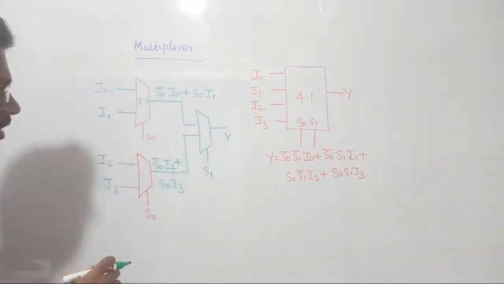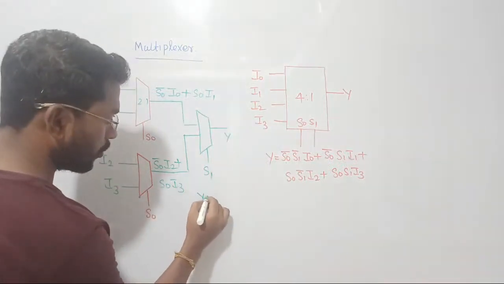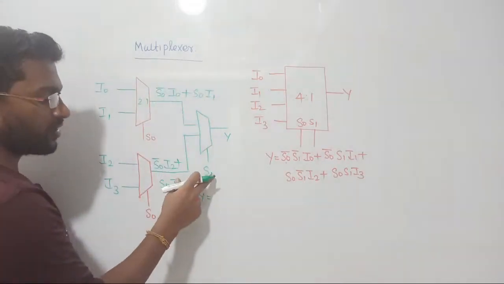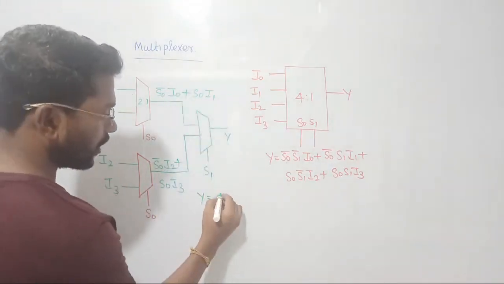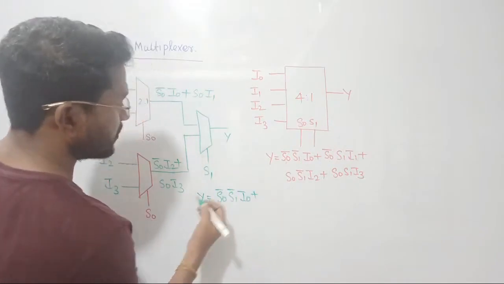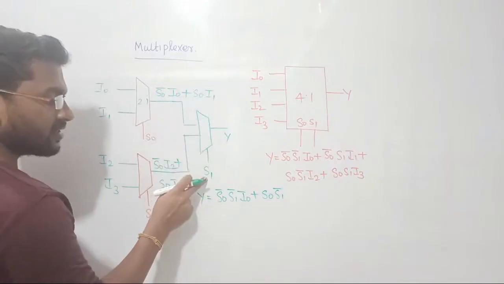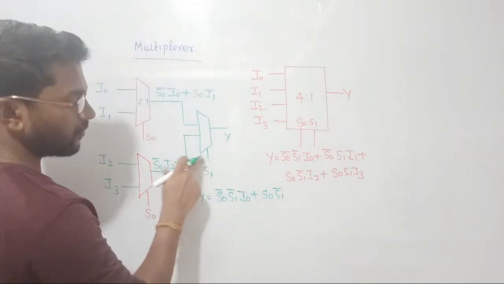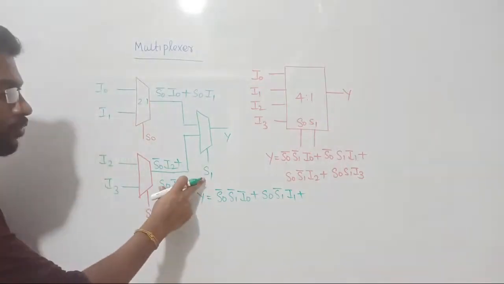Now is it okay? Yes, if I pass these two things here, automatically what you are going to get on the output side, see, if I am putting S1 equal to 0, then this line will be selected, the output on this line will come out, such that it is going to be S naught bar S1 bar into I naught plus, automatically this one is going to be S naught S1 bar, we should take complement for S1. If S naught is 0 and S1 is 0, this line will be selected, right, so your output is going to be S naught, S1 bar, we should take bar, and with this we have to consider I1 plus, and here, when we are putting S1 equal to 1,